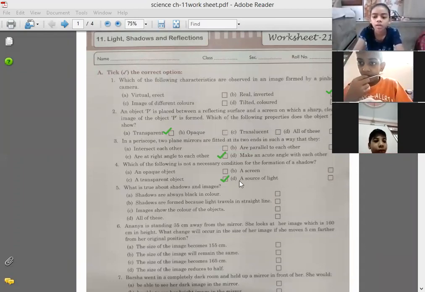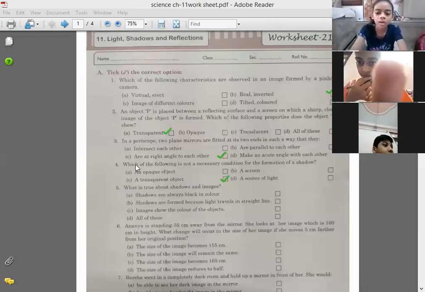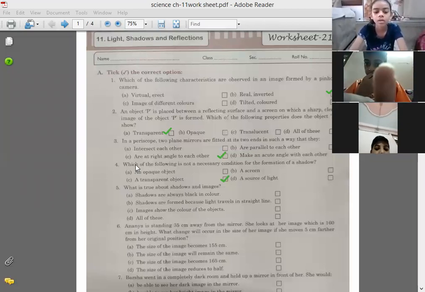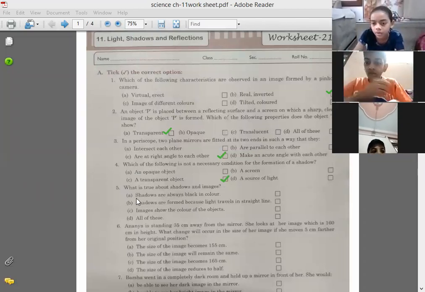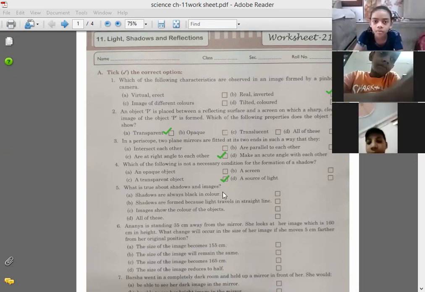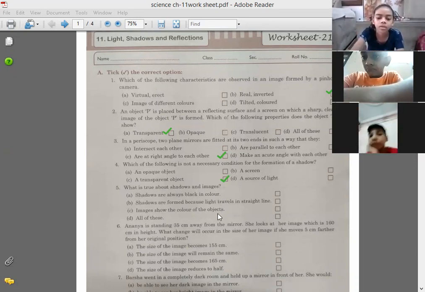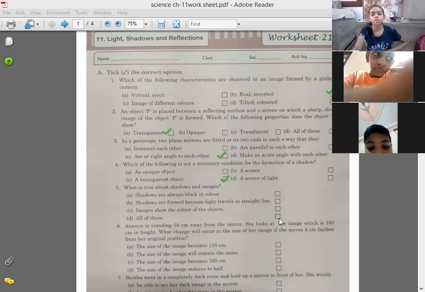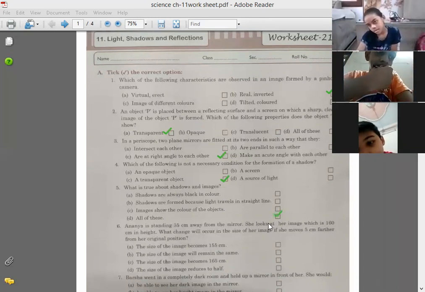Yes, Chitra. Ma'am, shadows are formed because light travels in a straight line. Okay, so the answer is all of these.